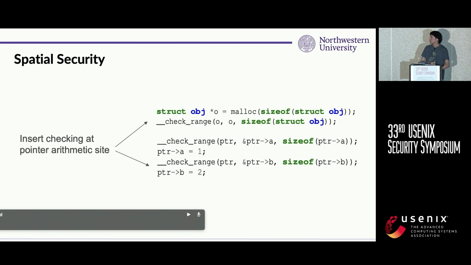In this example, the program tries to malloc a void pointer. Then, since the target type is the struct object, LLVM will insert a typecasting instruction to cast the void pointer to the typed pointer. So we insert an instruction to check if the pointer can at least contain one object. And another type of pointer arithmetic instruction is the common pointer calculation, as in the example.